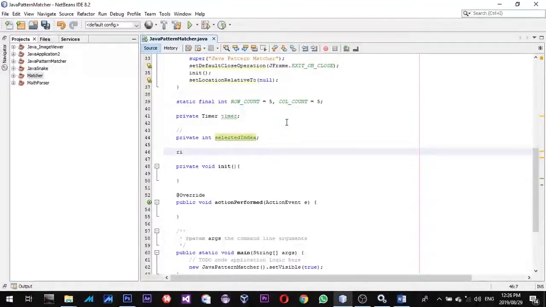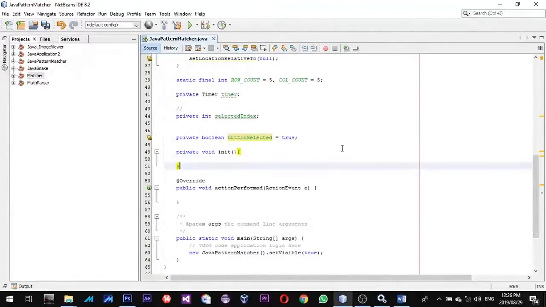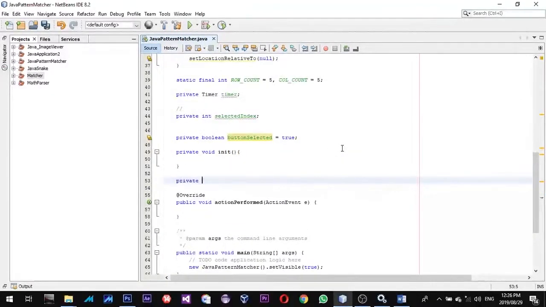And then I'm gonna declare a boolean here, call it button selected, and initially it's gonna be true. Now this will tell us whether a button was selected. If a button was selected, then we're gonna change its color, and then if it wasn't, we're gonna change its color back to its original color. Okay, so I'm gonna create a method here, call it set button selected, index, and then boolean selected,